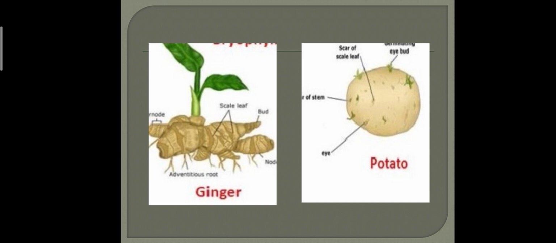And same with the potato, if we cut it, you are able to see the eye of the potato. If we cut the potato into pieces and plant them into the soil, from each part a new baby plant will grow. Same with the rose, if we cut the stem of the rose and plant the pieces into the soil, a new plant will grow from each part of the stem.